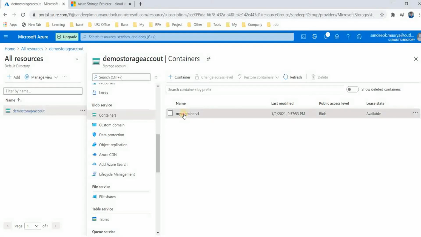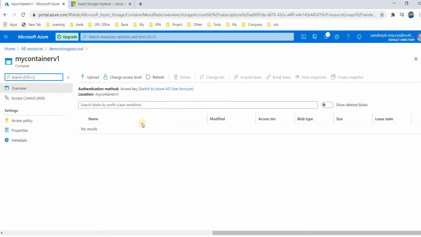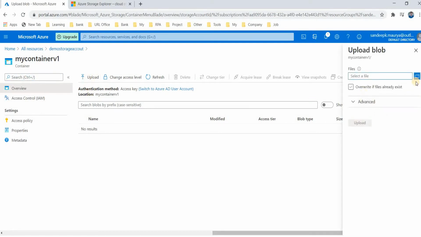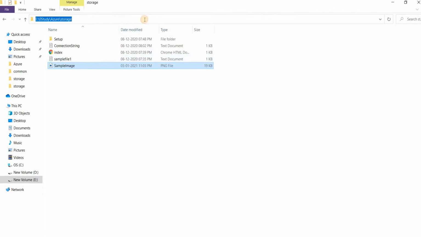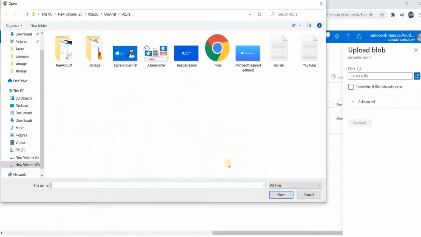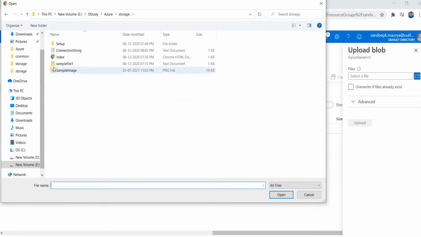Now suppose you need to store some file, you need to upload an image or any file. Click on here, upload, and you can select a file. Let me select that file from here.